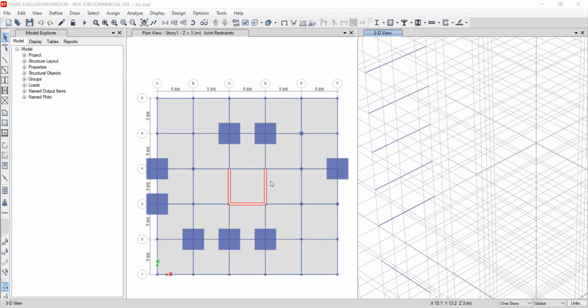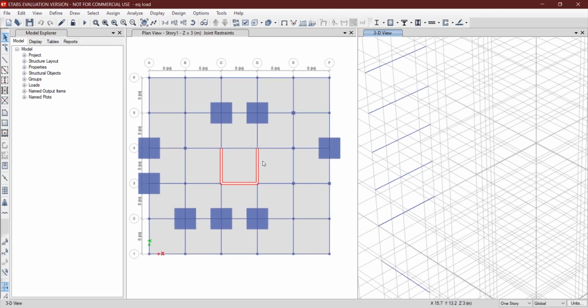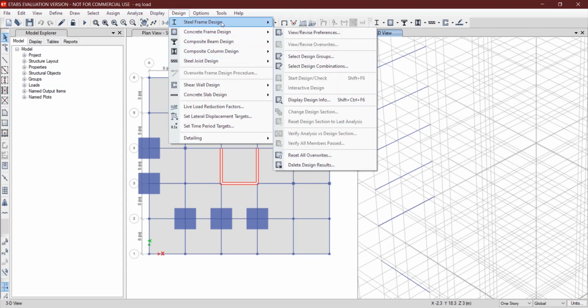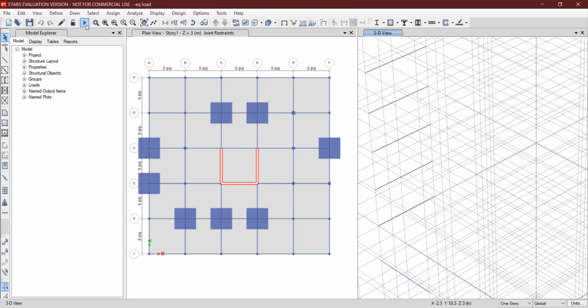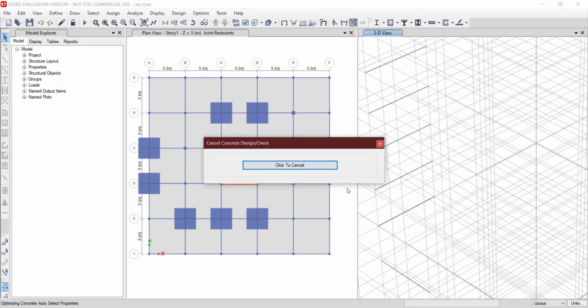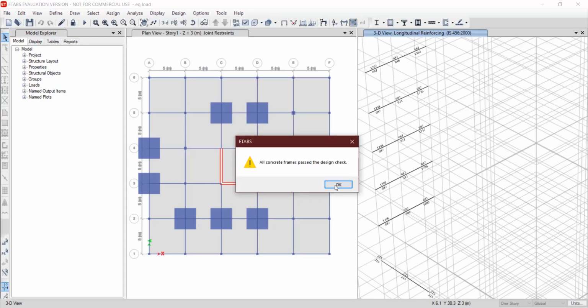I think adding a shear wall makes a small difference to the structure, thus raising the economy as well. So I will again show that all members are passed here. You can see that all members are passed.